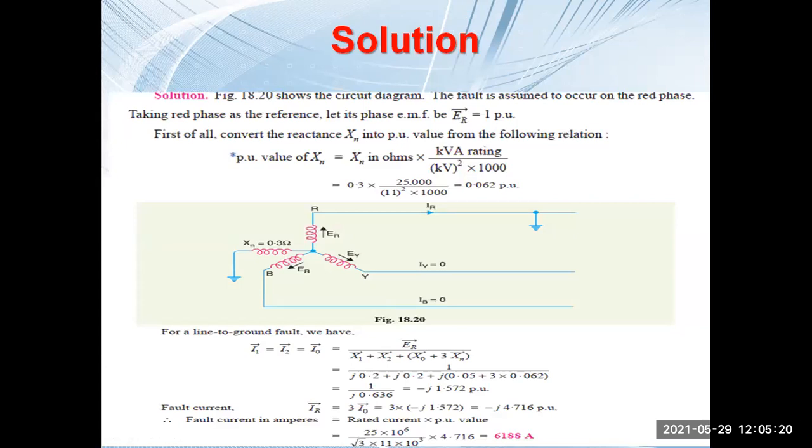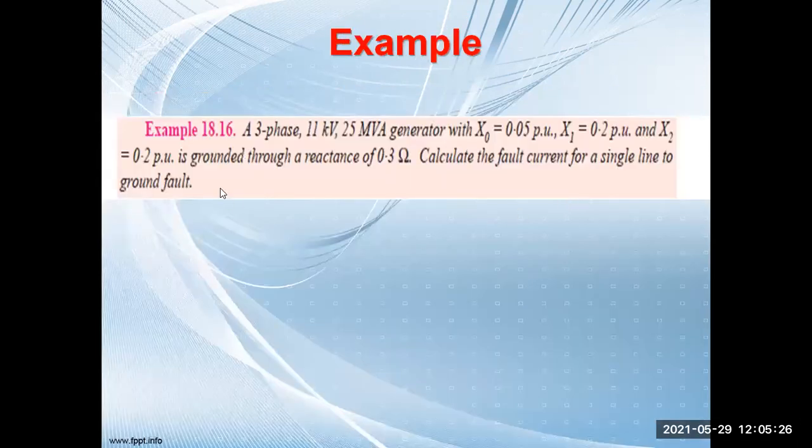Now you see in this case, first we have to calculate this reactance value, that is 0.3 ohm, in per unit. Because if everything is in per unit, you cannot add a per unit value with the actual value or the ohmic value. Per unit value will be added with per unit value. So that is a simple thing. We cannot add any numerical value with the per unit. So that is not allowed.